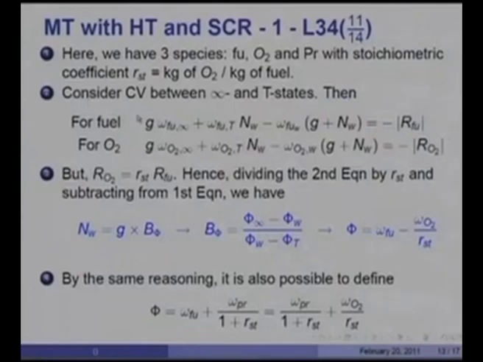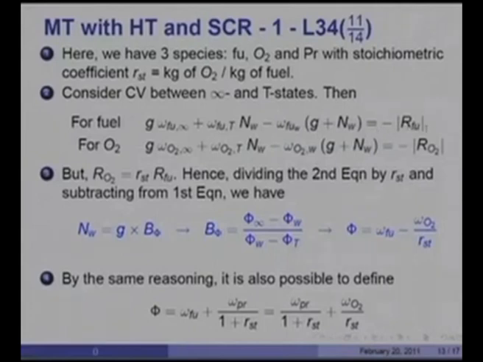So, I can write between infinity and T states an equation for the fuel. This is the amount of fuel mass flux in from the bottom Nw, and this is the amount of fuel that will go out of the considered phase, carrying with it value of omega FUW, and all of that must